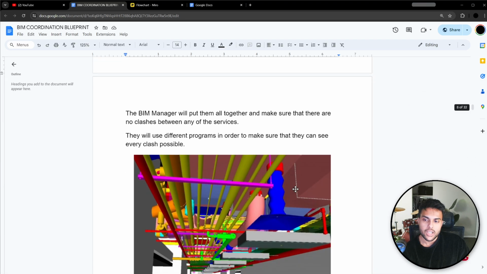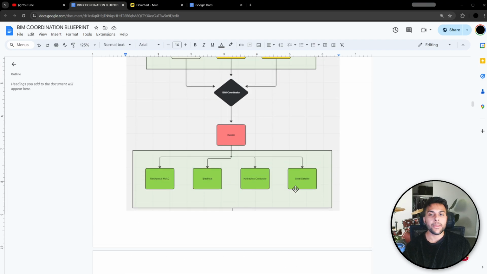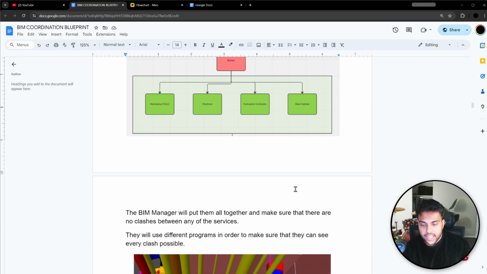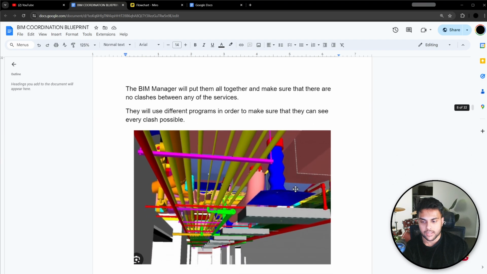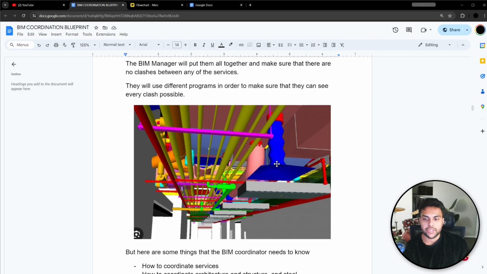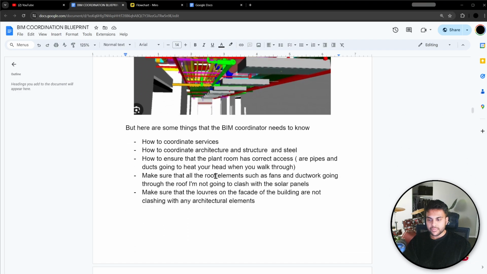Okay, so what did I talk about all this time? I talked about coordination between services. That is the money making task, right? It's not like creating templates, it's coordination. You want to make sure that this duct is not clashing with the tray. You want to make sure that these pipes are not clashing with this, right? You want to make sure this is going in between those pipes. You want to make sure that this duct is not going into a wall like this when it's turning, things like that, right? So you'll need to learn how to coordinate services, how to do coordination between architectural, steel,